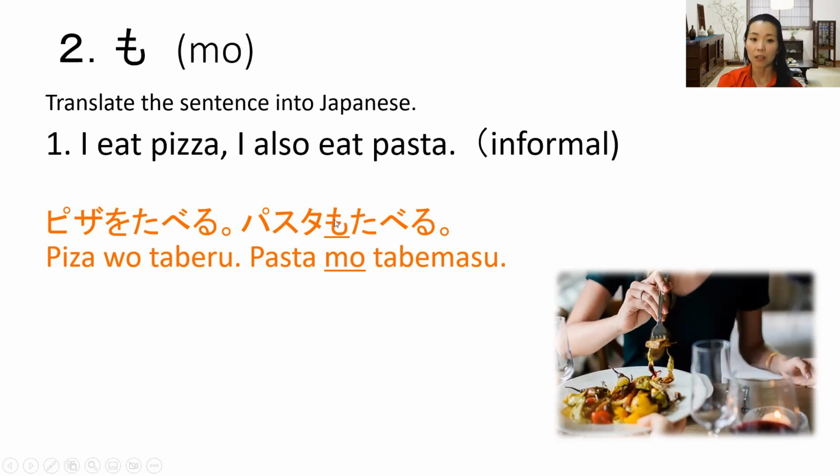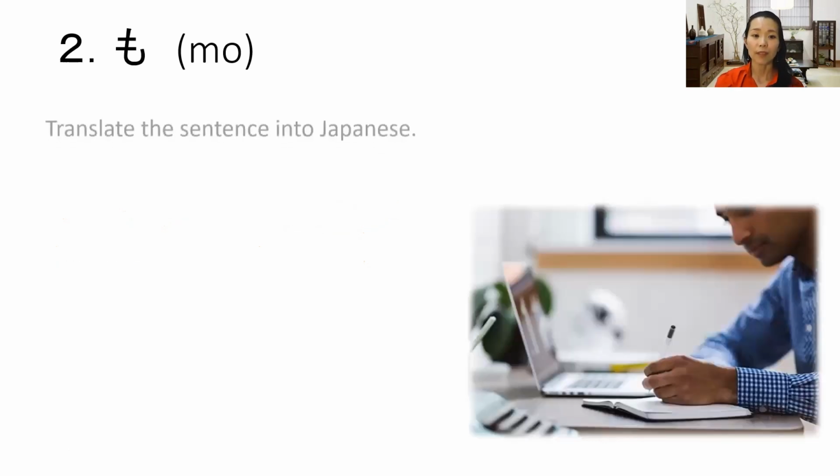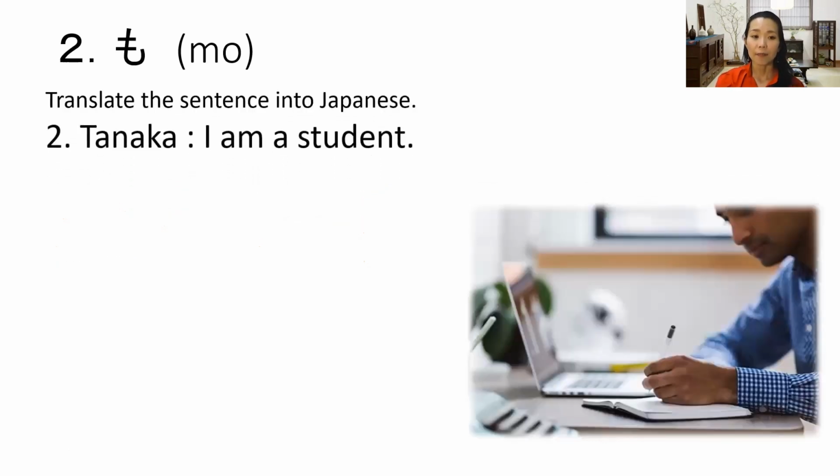So instead of は or を, we use も. I dropped the "I" part. If it's very obvious, you don't need to say 私は every time. ピザを食べる。パスタも食べる。